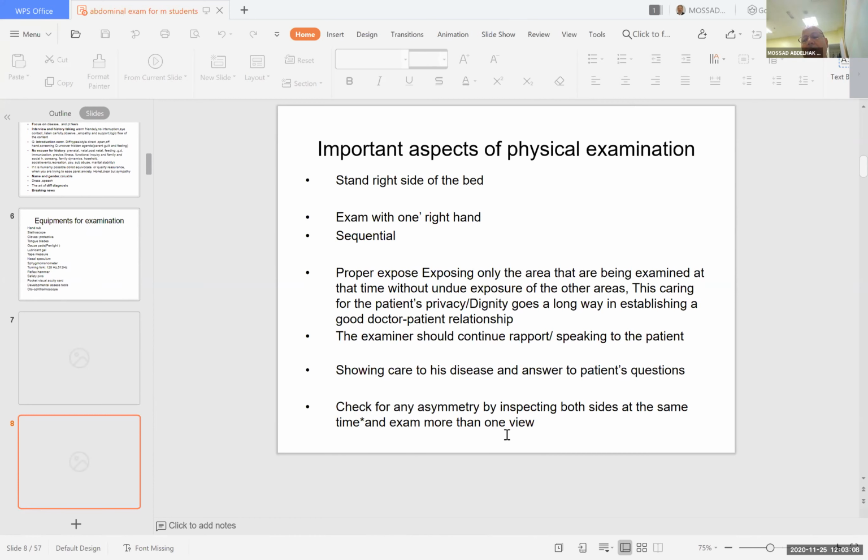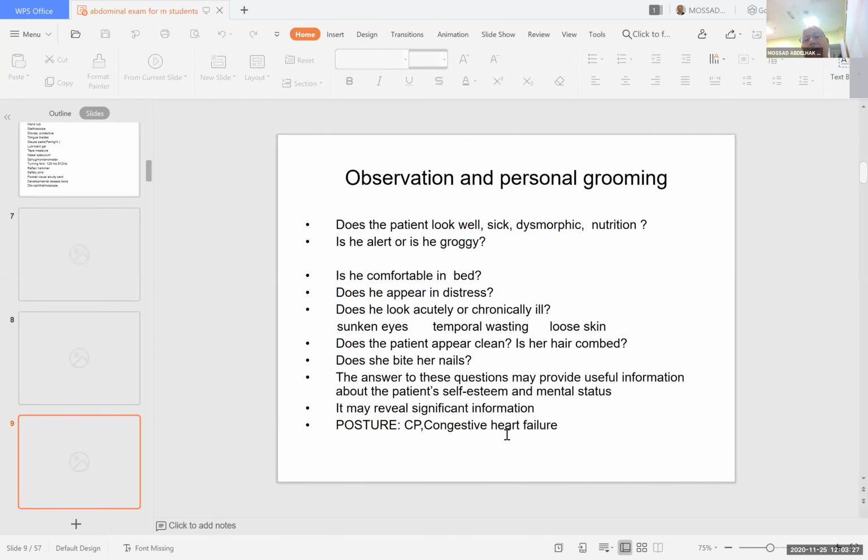Don't forget to compare both sides, because it will guide you. There is even some disease known as hemihypertrophy, where part of the body is bigger than the other. Usually we are not 100% equal, but there is high similarity. But if you find it completely different, you must ask yourself what is behind that.